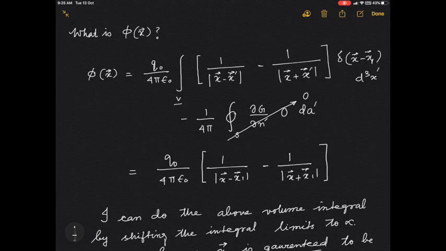So remember x1 is the position of the charge in my Poisson problem, and that charge is obviously inside my volume. That's how the problem is defined. So if that is inside my volume,